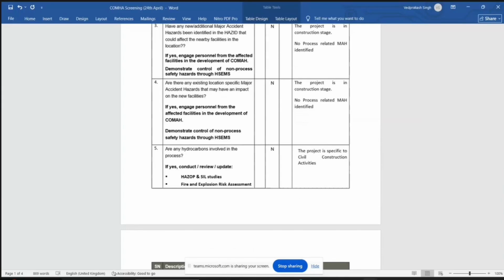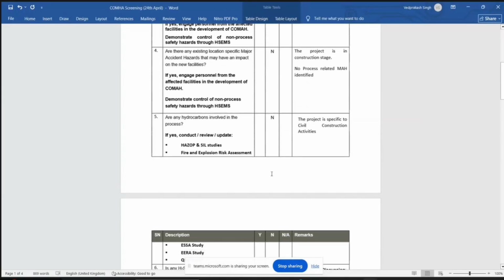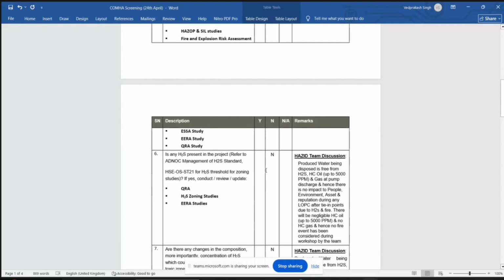They are limited to the fact. Hydrocarbon, hydrogen, no, but we will put, no, it's not in the project. You can say no, and you can say